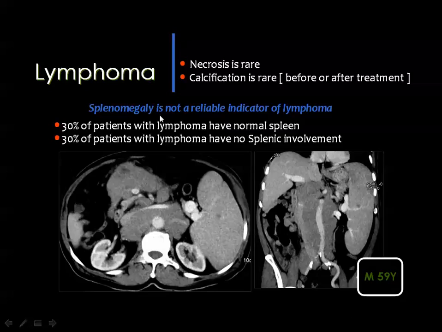And as I have said, splenomegaly is not a reliable indicator of lymphoma, since 30% of patients with lymphoma have a normal spleen, and 30% of patients with lymphoma have no splenic involvement. Then this is a case of lymphoma. The spleen is big, but what's more important is the presence of bulky amalgamated mesenteric and retroperitoneal lymph nodes, and this appearance per se is suggestive of lymphoma, and we are not sure about the spleen, if it is infiltrated